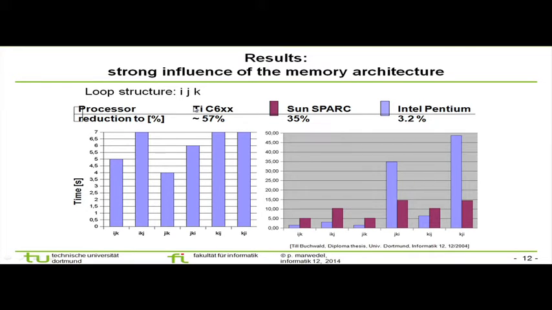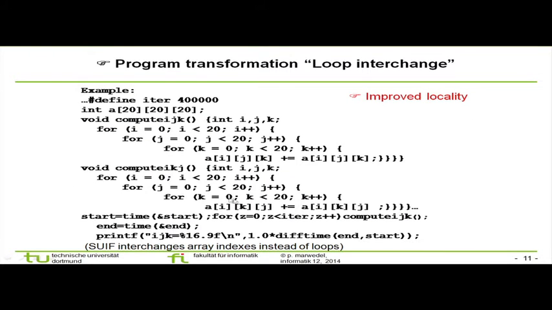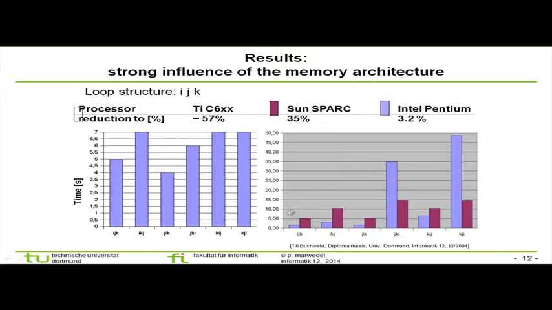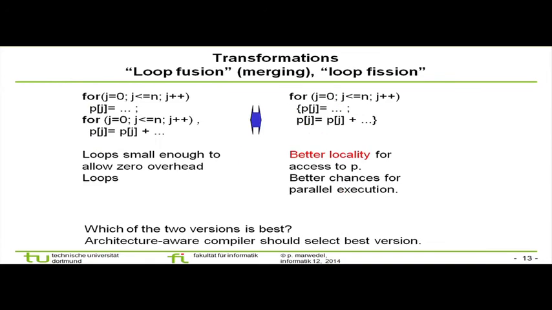You can see that the loop structure ijk, if you do this one, the improvement will vary: ijk, ikj, jik, jki. You can see jik is giving the best here, and in this case also jik is giving the best among Sun Spark and Intel Pentium. So, that is some result that you can get. Now,